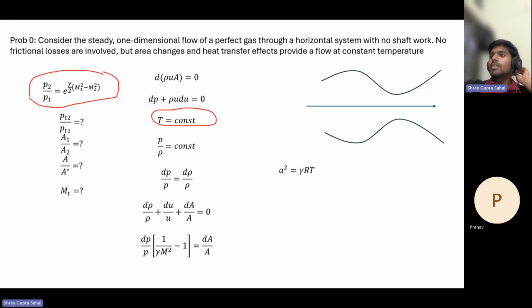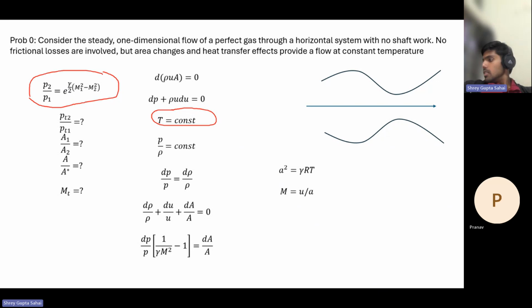So basically saying that the speed of sound is going to remain constant. It's not going to change, right? Across the entire flow, the speed of sound is not going to change. A squared is a constant, and only the velocity is going to change. So Mach number